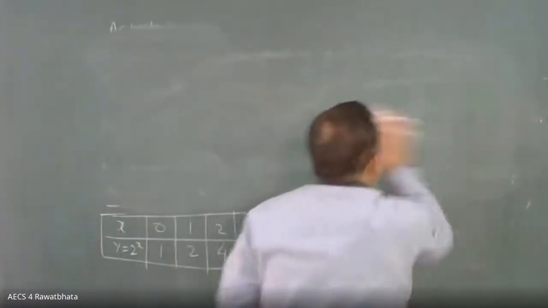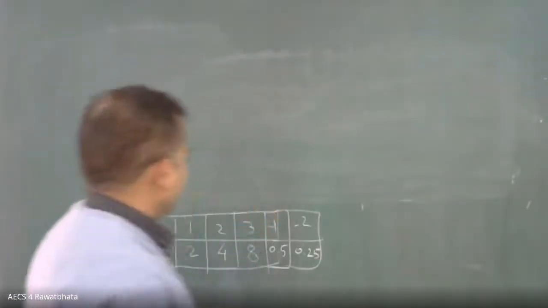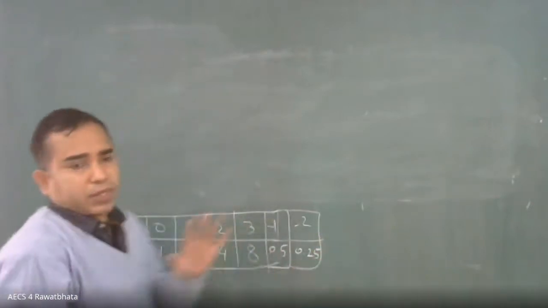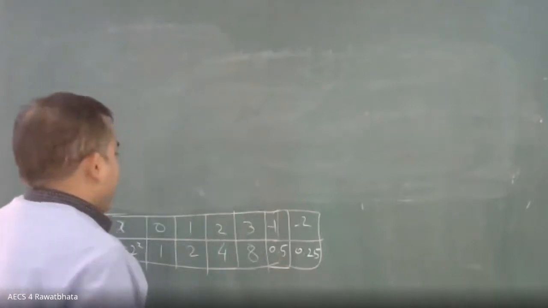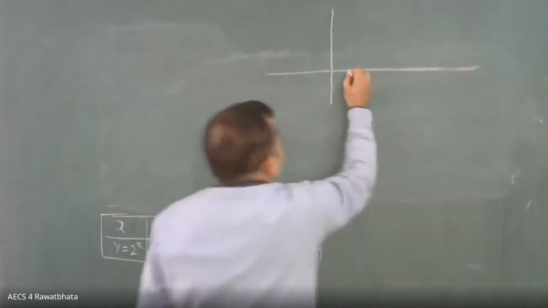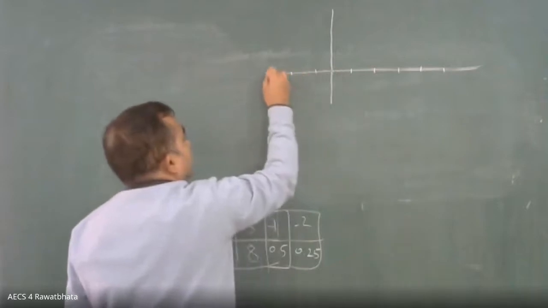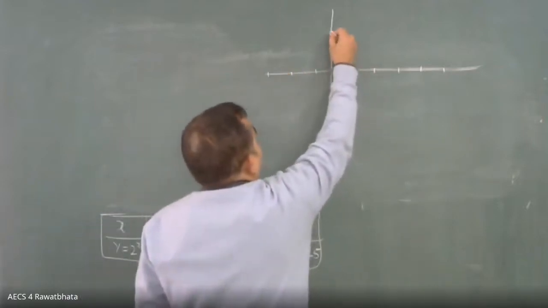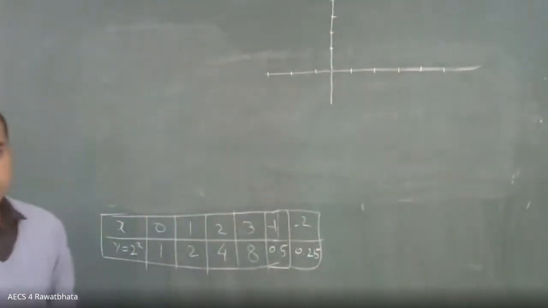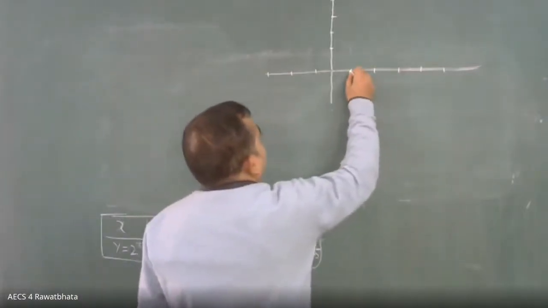And after that, the graph you will see, and you can do it on graph paper. Separately you draw, and after the work is done on graph paper, you can stick it on the left hand side page. Then it will look like this. Mark the points: 1, 2, 3, 4, 5, minus 1, minus 2, minus 3, and more you can find out. So 0, 1, this is 0, 1,